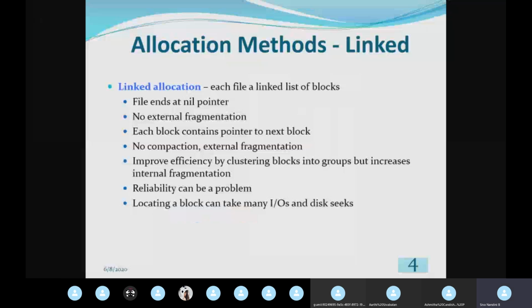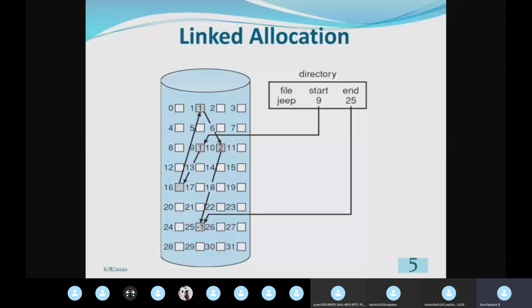the linked allocation method. The linked allocation method is a way of allocating a file in the disk storage by using a concept similar to the linked list. See here in slide number 5, you can see the disk storage. In the disk, we have several blocks numbered from 0 to 31. In the directory, we have a file named Jeep.